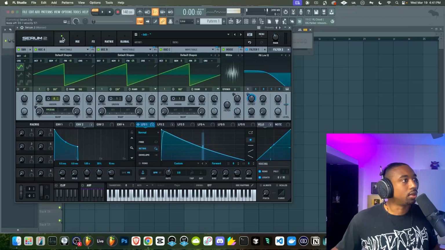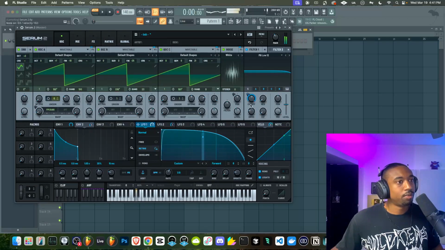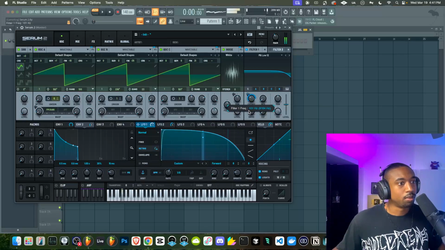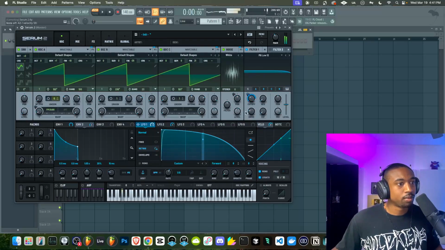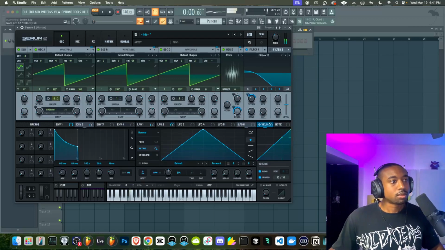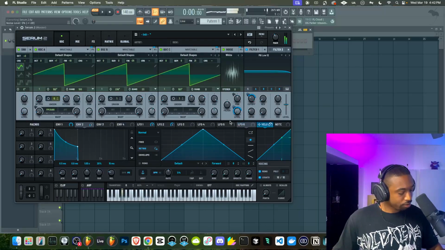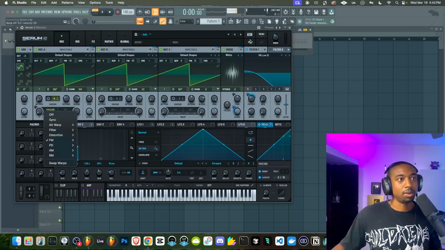So see how I play the velocity determines. I also want the velocity over the level here. Just got to get the right tone with this FM.